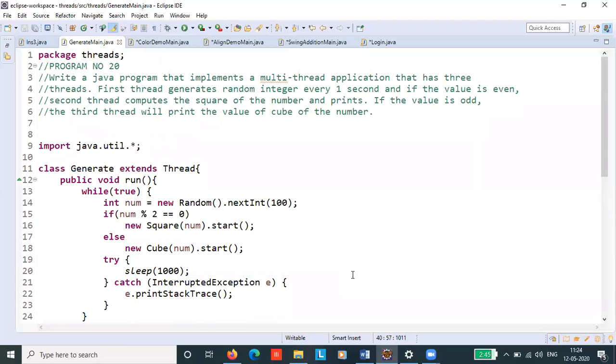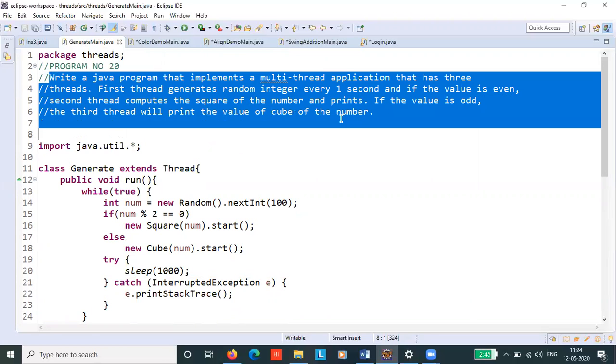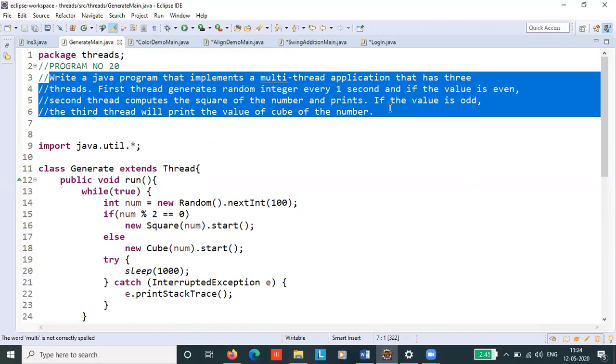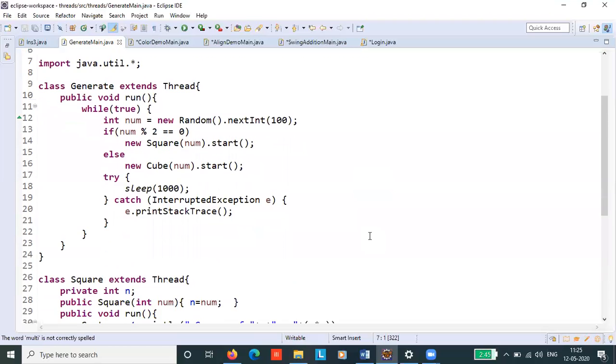So according to the problem statement, we have followed all the steps. First generating a random integer number. If the value is even, we jump to the second thread and calculate the square. If the number is odd, we jump to the third thread to calculate the cube of the random number.